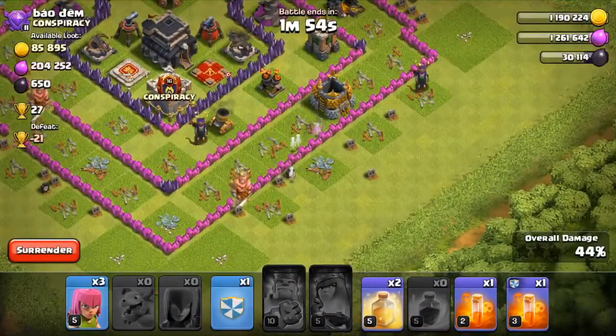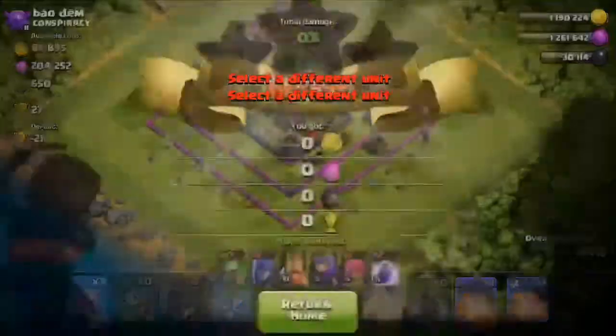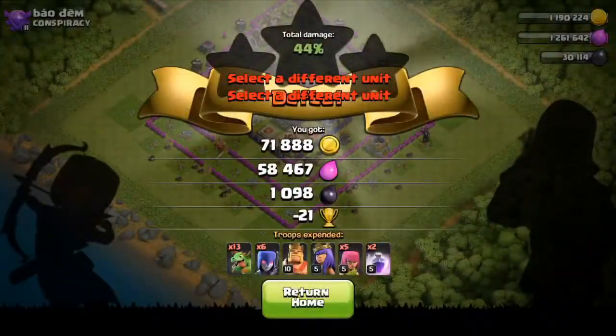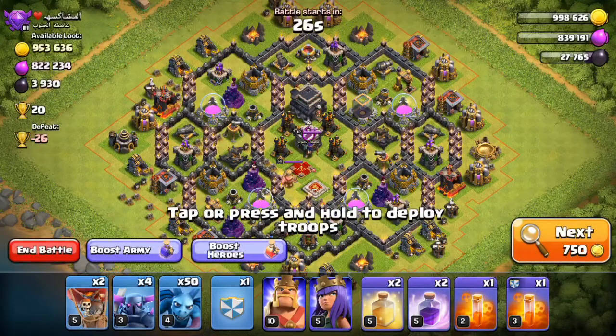I was actually kind of close to getting at least the 1 star, but it ended up not happening. I ended up getting the 0 star, 44%, not even good loot. So yeah, this attack is me using Pekkas and Minions, which really don't complement each other very well at